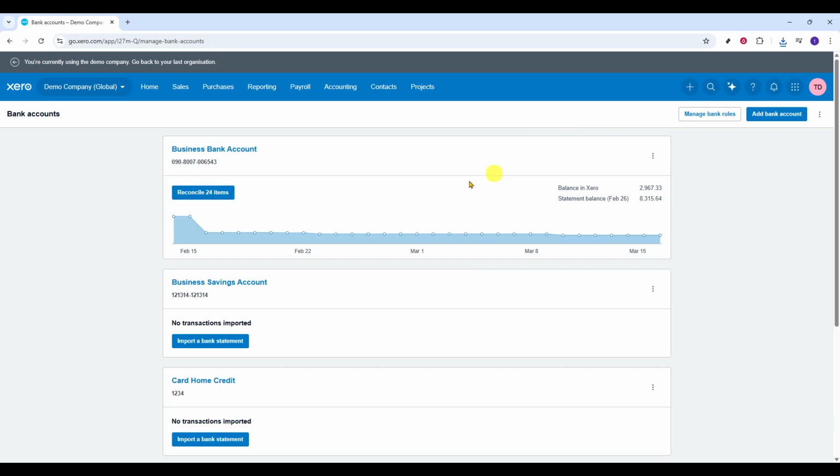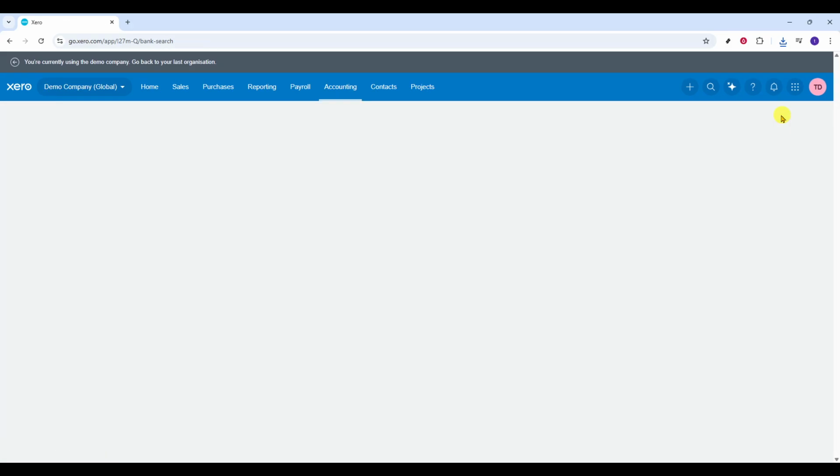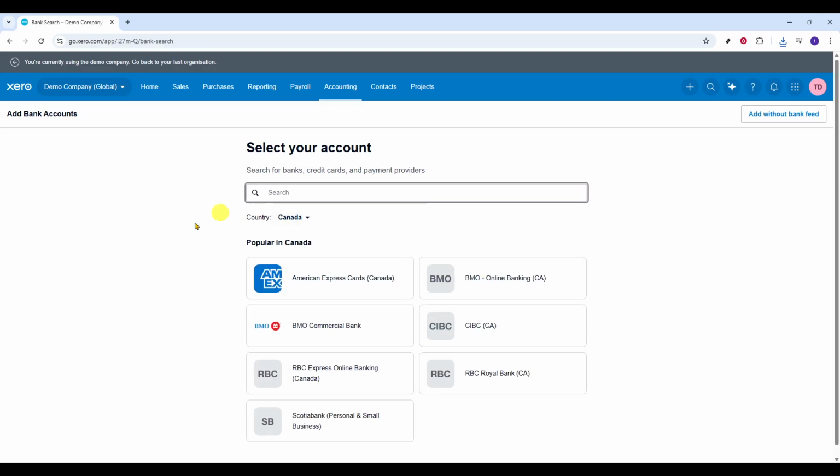In the top right, select Add Bank Account. This begins the secure connection flow. You'll see a search screen with popular banks and a search bar. Type the exact name of your bank to find the correct connection for your region. If your bank has multiple options, choose the one that matches your account type,